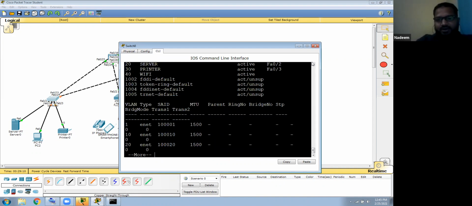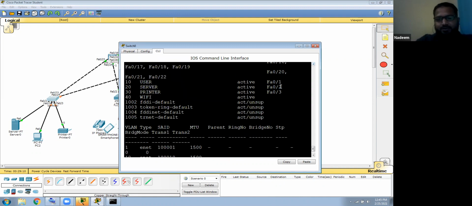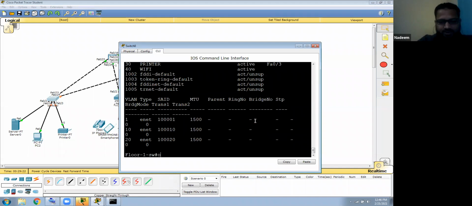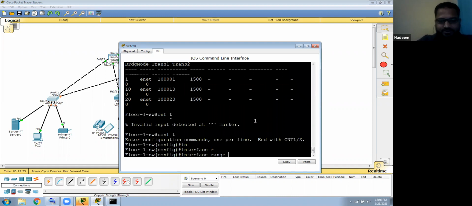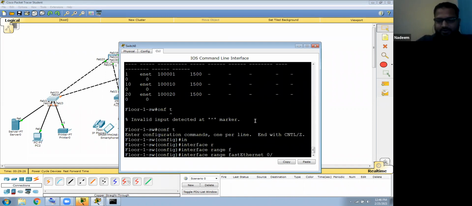Your technician will give you the interface, and you just connect it like this. Let's say for the rest of the interfaces, you will have one printer, one Wi-Fi, one something here, but most of the rest of the interfaces will be reserved for the user VLAN. So what I'm going to do: config terminal, interface range FastEthernet 0/10 to 20.